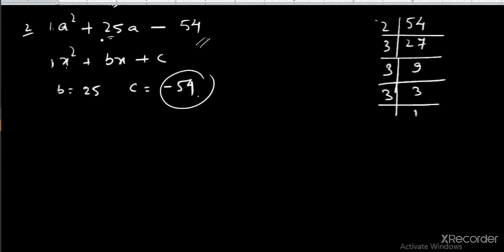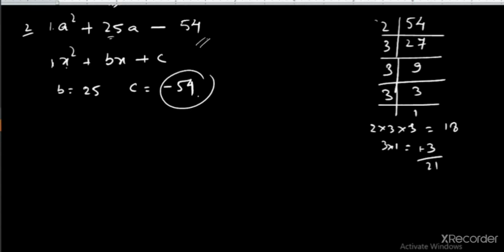Okay. Now see what we have to do. If we arrange this as 2 into 3, it is giving you 6, and 6 into 3 will be 18. If you take 2 into 3 into 3, you get 18, and then the remaining part is 3 into 1, which gives 3. But when you add them up, are you getting 25? No, it's equal to only 21.